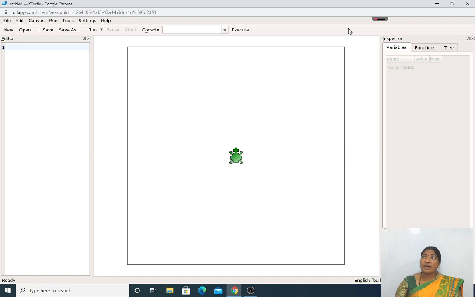In the introduction, we learned certain commands in the previous class. Today we will be dealing with the next topic, the direction command. What actually is a direction command? A direction command is the command used to turn the turtle in a clockwise direction.